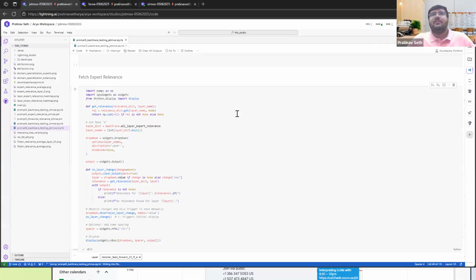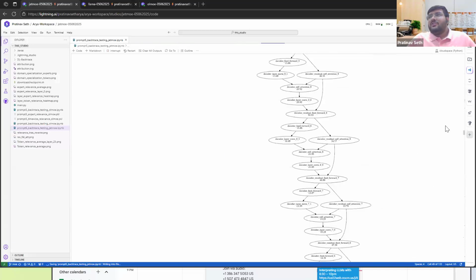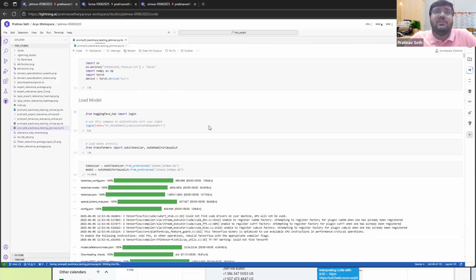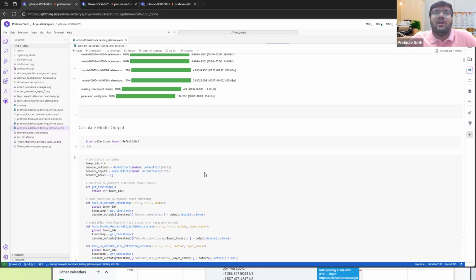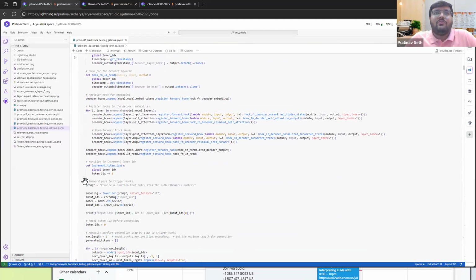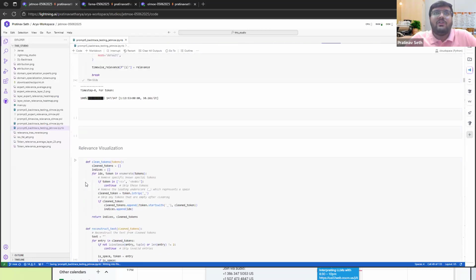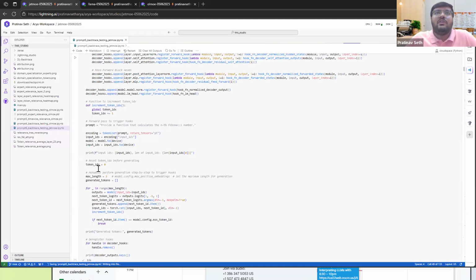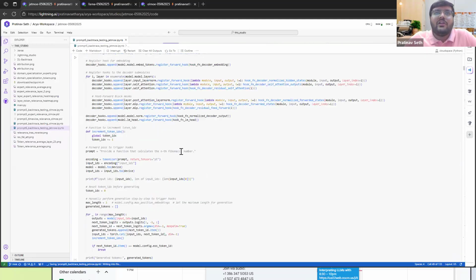Cool. So let's start with JetMoE. JetMoE is again a mixture of experts model. What you can do is very simple: you just load the model and let's scroll through it. Say you are giving a prompt, provide a function that calculates the nth Fibonacci number.